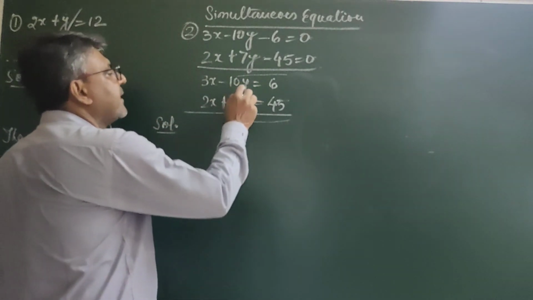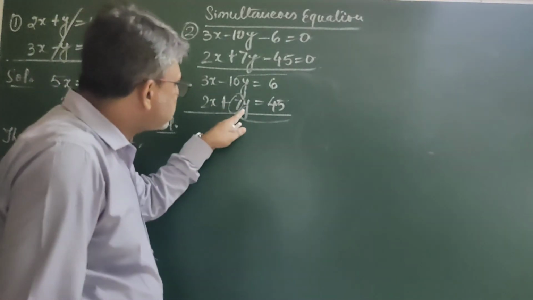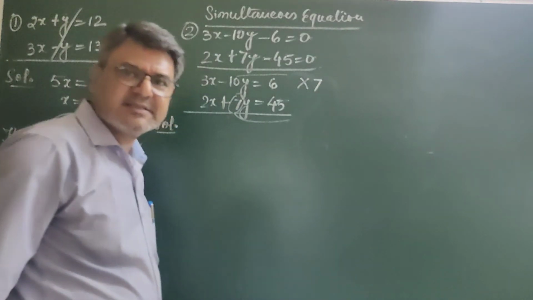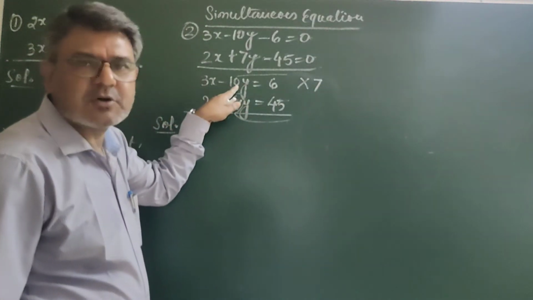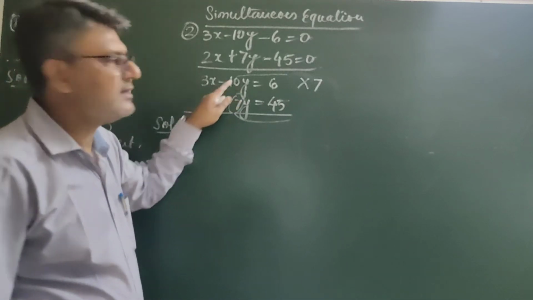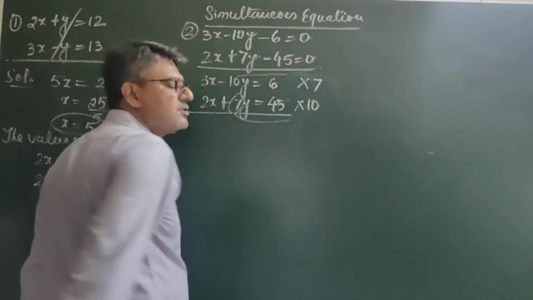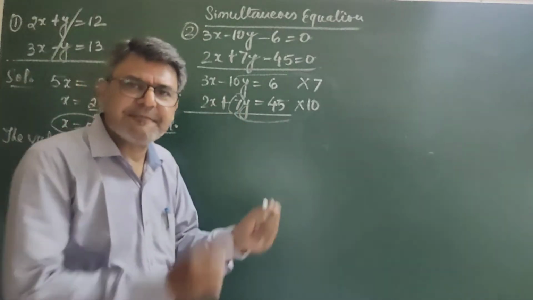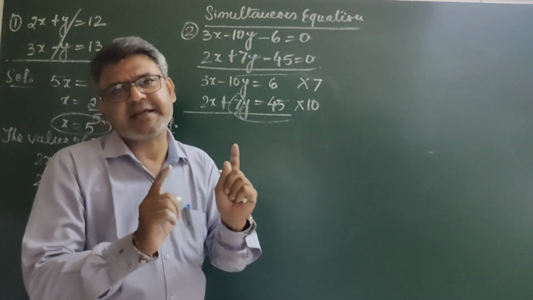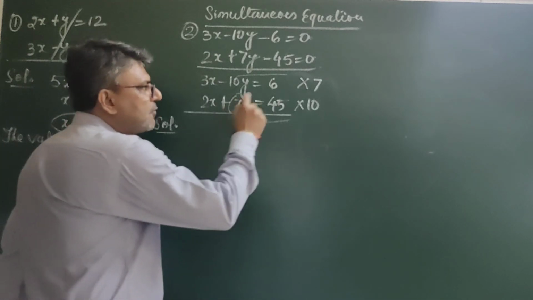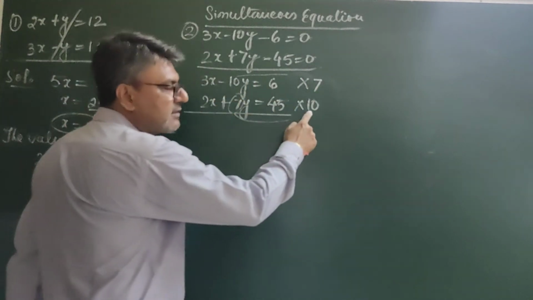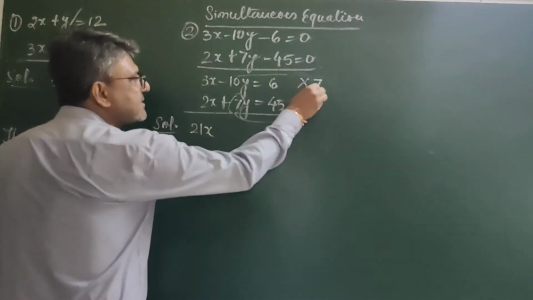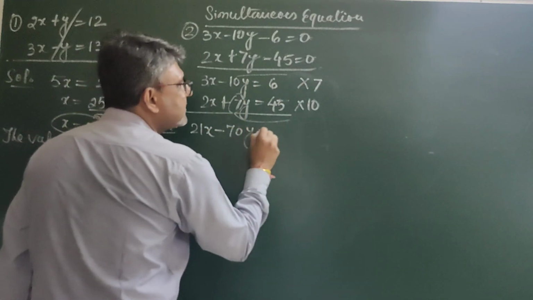फर्स्ट इक्वेशन में आप देखिए कि इक्वेशन सेकंड में y का कोफिशिएंट क्या है? 7 है। फर्स्ट इक्वेशन में 7 से मल्टीप्लाई कर दीजिए। नाउ द कोफिशिएंट ऑफ y इन इक्वेशन 1 10 इज मल्टीप्लाइड बाय इक्वेशन 2, इक्वेशन 2 में मल्टीप्लाई कर दीजिए। बहुत सिंपल है। डिफरेंट इक्वेशंस में आपको मल्टीप्लाई करना होगा। यहां 7 है तो आपको फर्स्ट इक्वेशन में मल्टीप्लाई कर दीजिए, फर्स्ट में 10 है तो सेकंड इक्वेशन में मल्टीप्लाई कर दीजिए। चलिए आइए, 7 3 का 21x माइनस 70y, 7 6 जा 42,